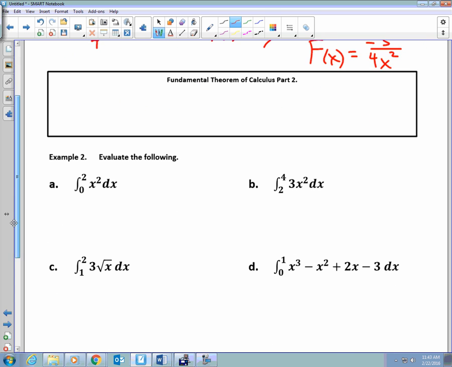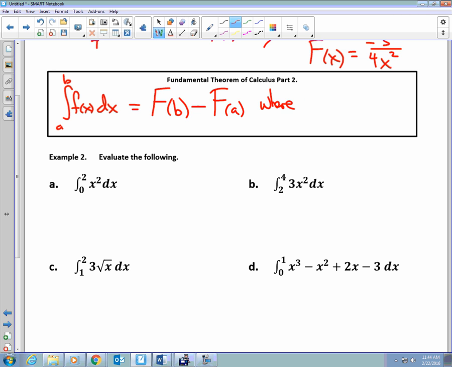Okay, so we pick up with the fundamental theorem of calculus part 2. It says this: the integral from a to b of f of x dx is equal to. So before we used to write that thing, right? The infinite limit, Riemann sum. That's what we used to write. We don't have to write that anymore. That took up a half a page of paper when we would do it, right? When you talk about work, that was a lot of work. So what it is is F of b minus F of a,